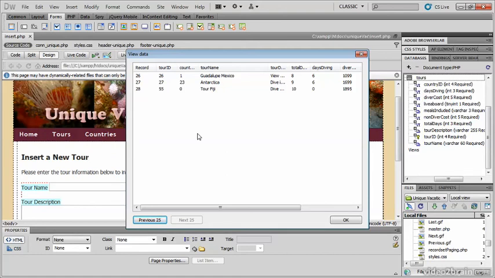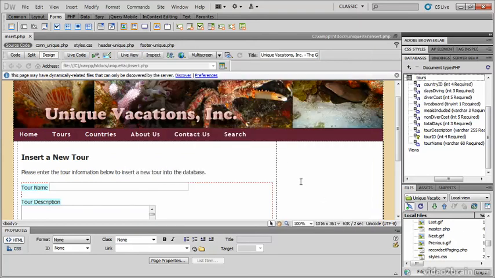So if you have trouble and you've looked over your code, you know your code is correct, and you're within that type of corporate environment, more than likely you don't have permission to write to the database. And that's nothing you can do anything about. The database administrators have to take care of that for you. So that's how you insert a new tour, or insert information into a database using the insert record server behavior.